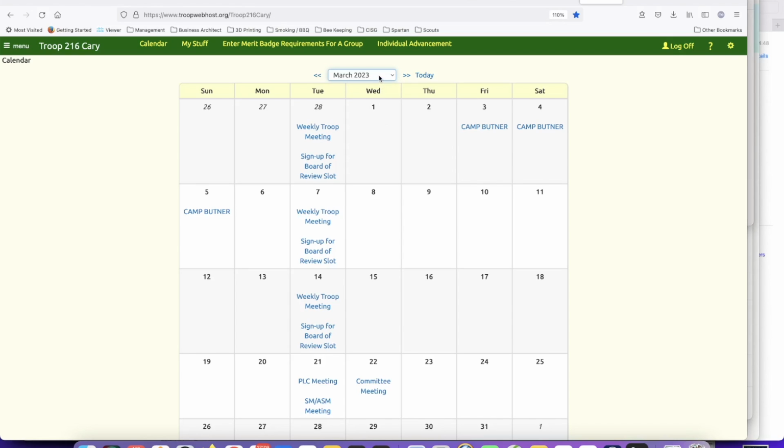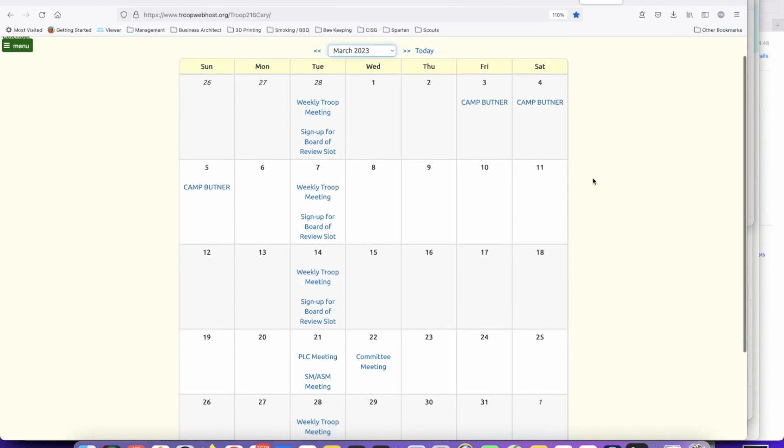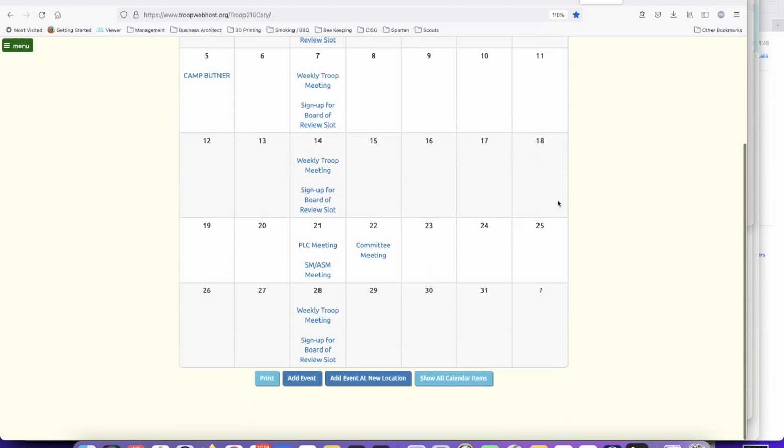Now that we've navigated to March, we look down to the bottom, we have different options down here, one of which is to add an event. Another is to add an event at a new location. So if you happen to know that this event is not at a pre-populated location, you can use this to provide where that new location is. In this case, this will be the Cardinal District Camporee, which will be at Durant, which is already pre-populated. So after clicking Add Event,